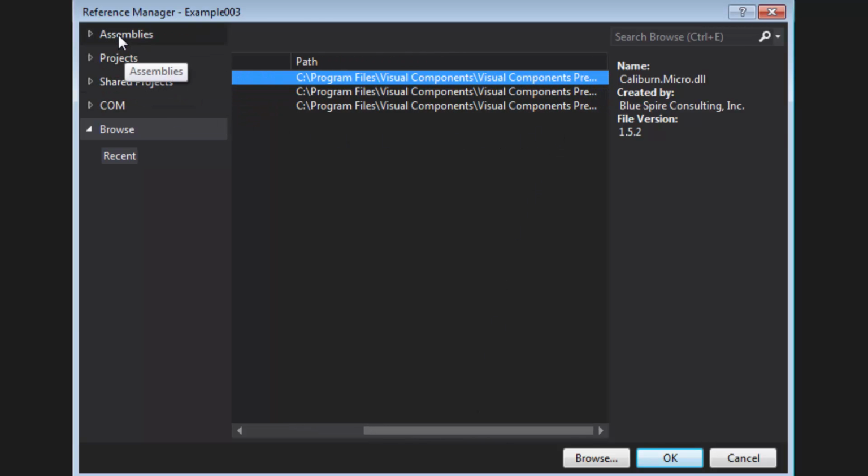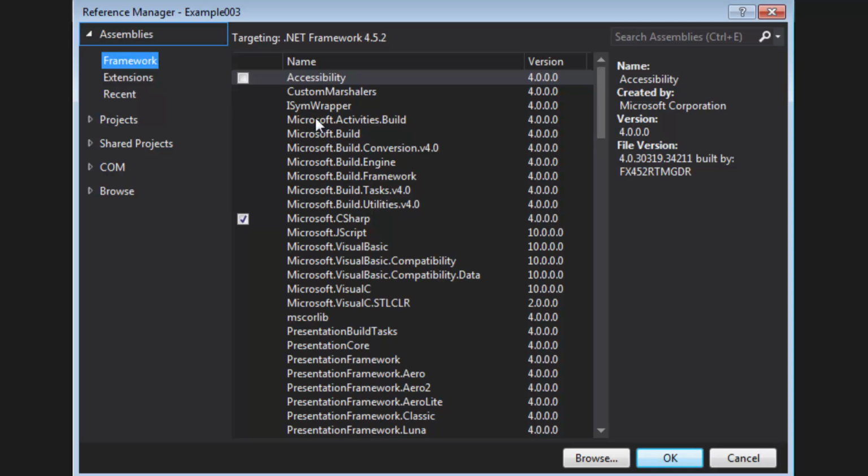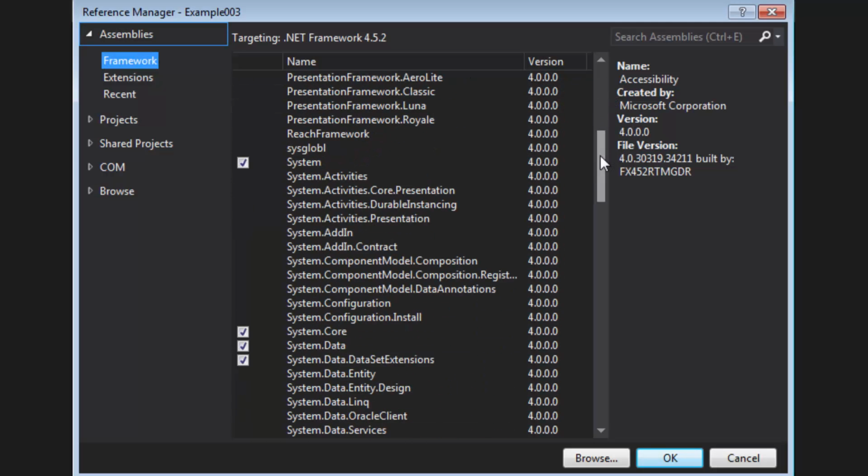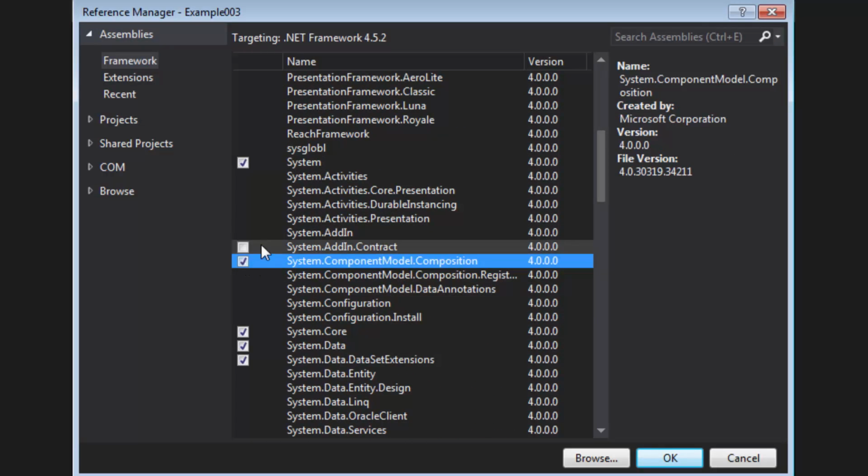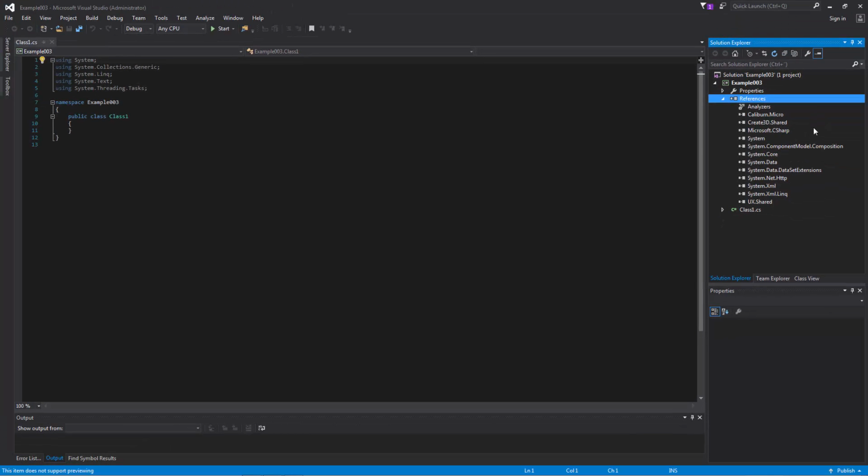Let's now add that one library we need from the .NET Framework called System Component Model Composition. So this one right here. I'll click OK, and here are the references. Let's now add using statements for those references.